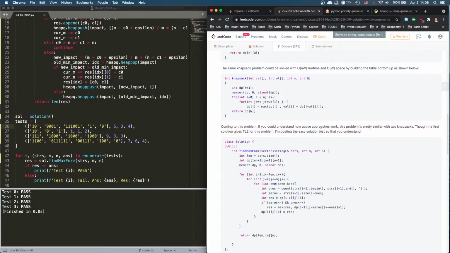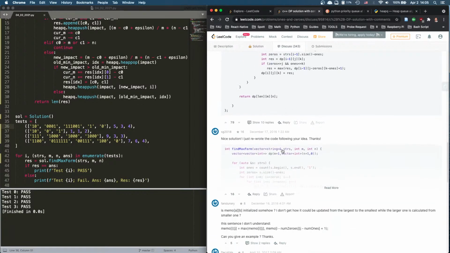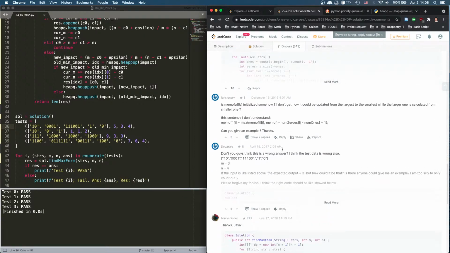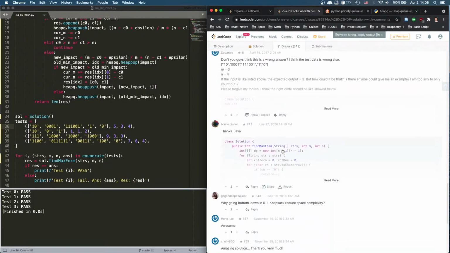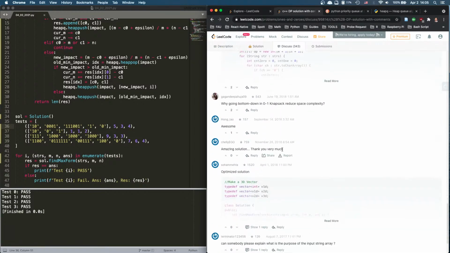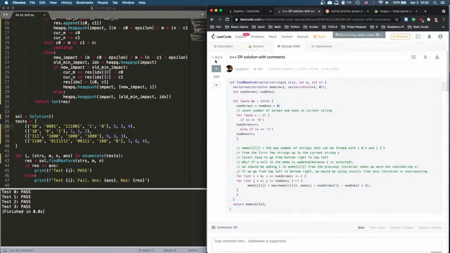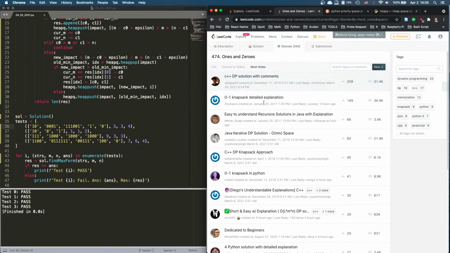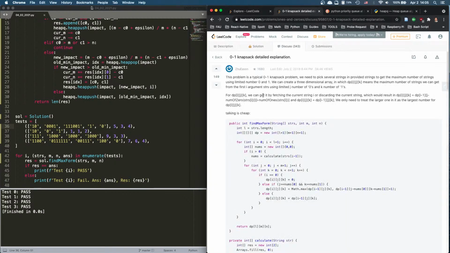How the above approaches work. It's pretty similar to two knapsacks. The first solution gives TLE, and put easy, just so you can understand. All right, let's find another one. I think one says it's a knapsack. What does 0/1 knapsack mean? Pick several strings from the provided strings to get the maximum number of strings using limited